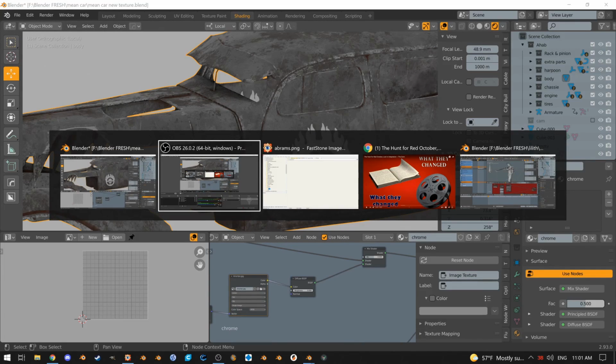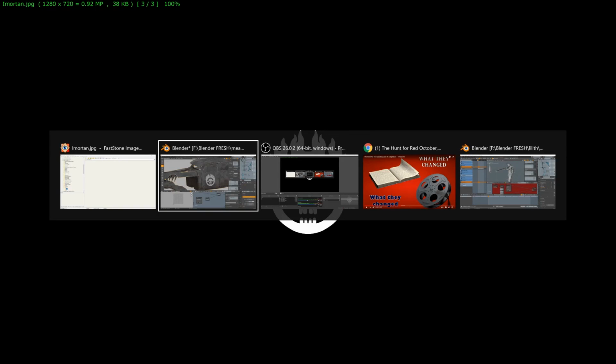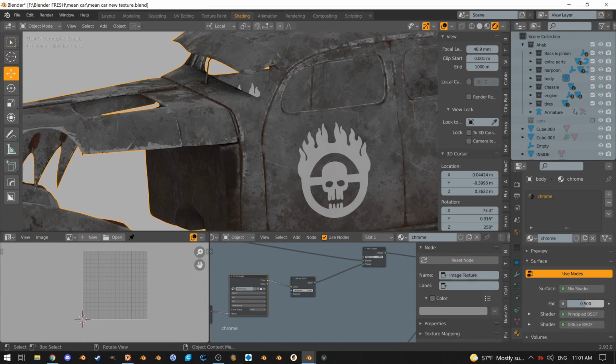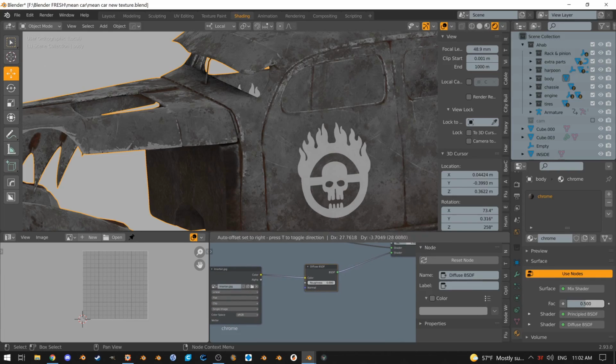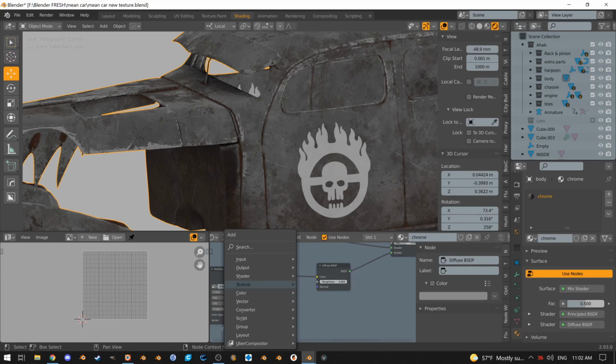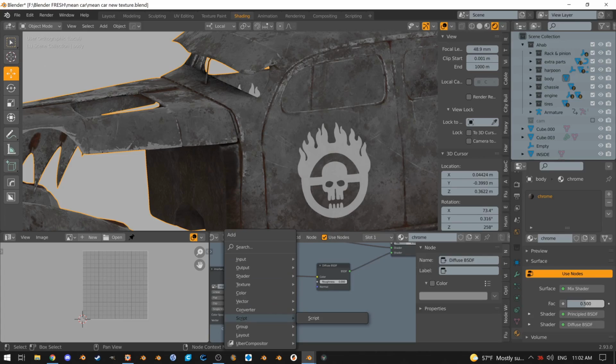No. I know there's a way to do it, but I forget what you're supposed to do. I mostly just like making my textures in a separate program and just applying them. Nope. Anyway, this is just kind of